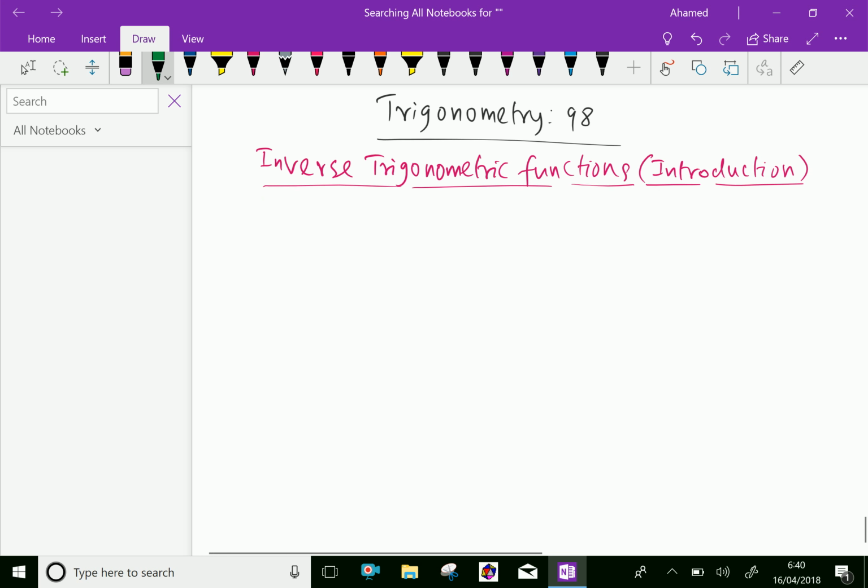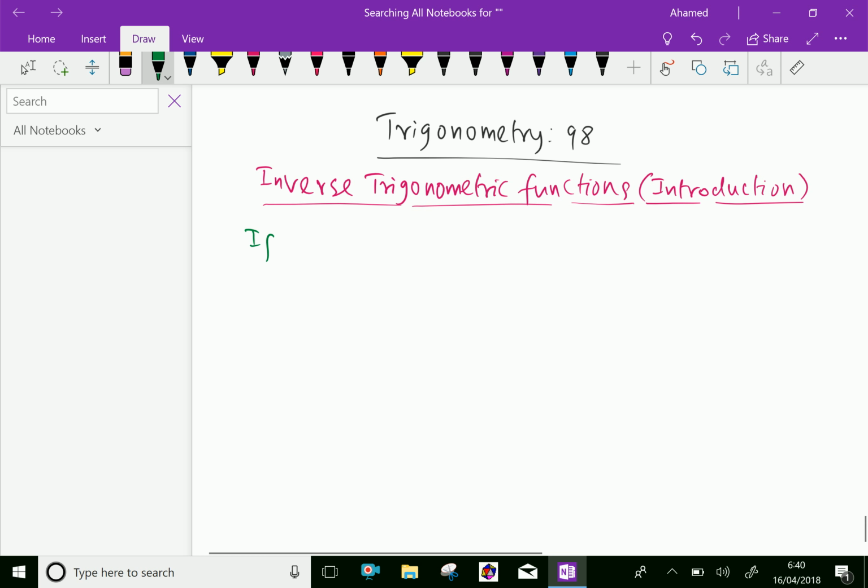In trigonometry, let us discuss inverse trigonometric functions, some introductions. Here, if sine theta equals x, it is a function. Now, if you get the value of theta in this function, like theta is equal to sine inverse of x,